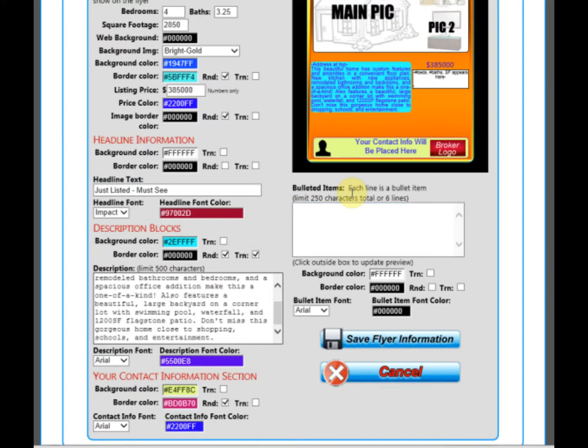Now let's move up to the bulleted items. As it tells you here, each line is a bullet item. There's a limit of 250 characters or 6 lines. So what it's going to do is create just what it says, a bulleted item list of what this property has. So let's just put down that it does have a swimming pool. It does have a 3-car garage. And let's just put that it has a large covered